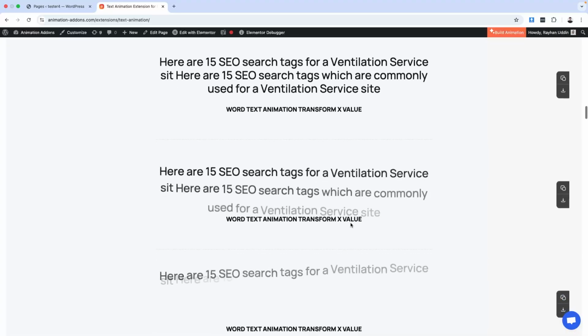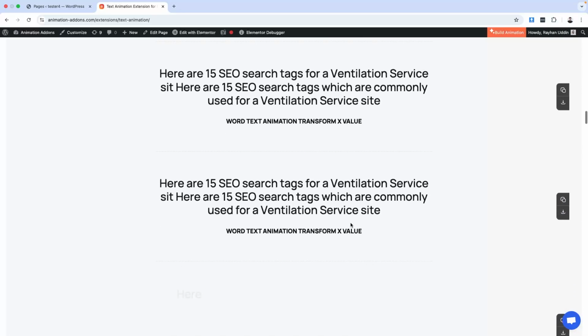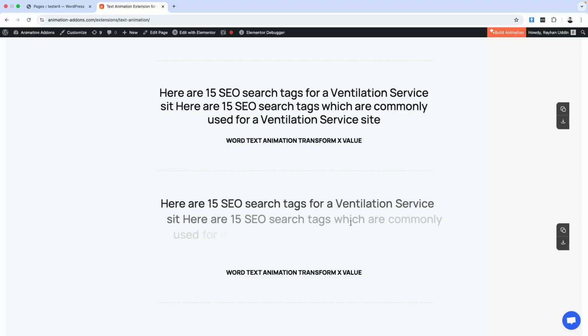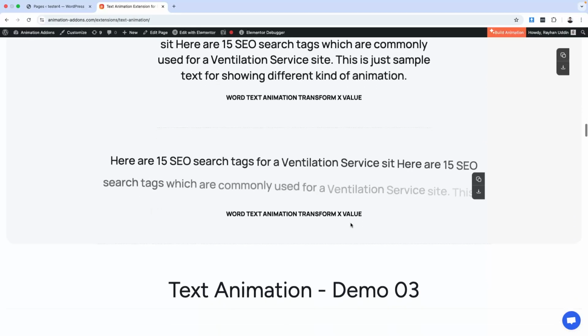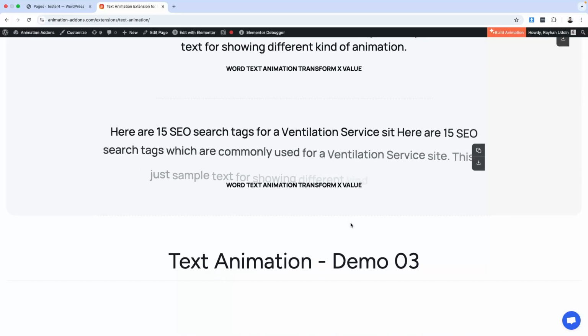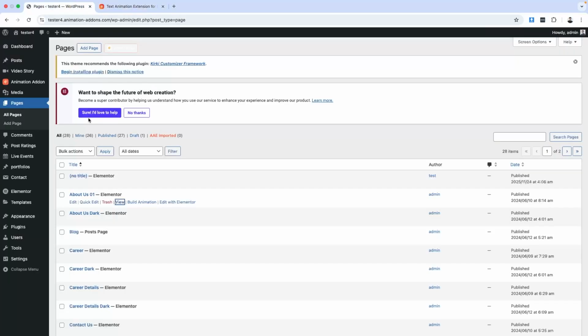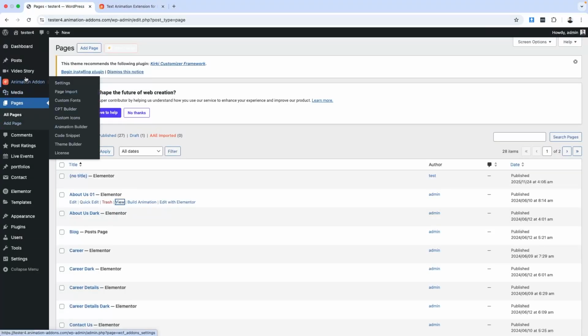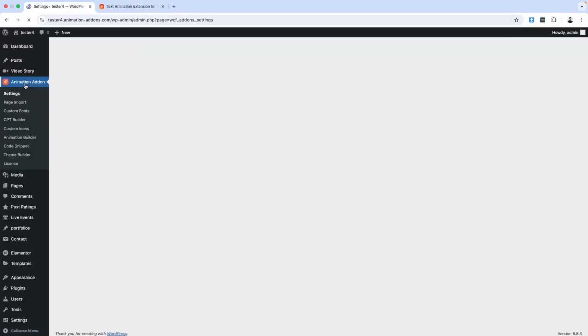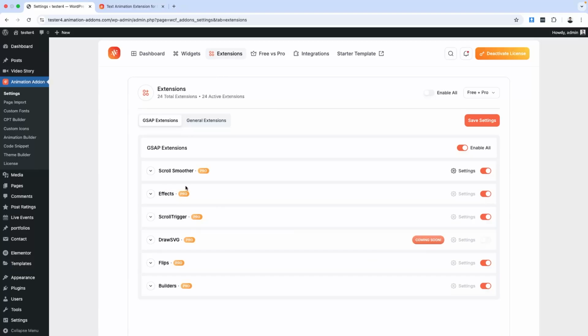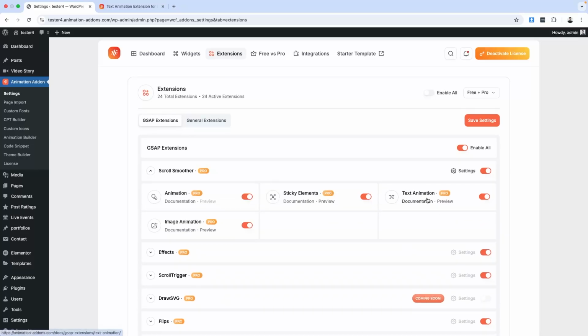And in this tutorial, I'm going to show you how to use the split text, GSAP split text word animations in your WordPress website using Animation Addons. So let's get started. First of all, you need to go to the WordPress dashboard and click on the Animation Addons. And just make sure that you have enabled the text animation extensions, and then go to the page